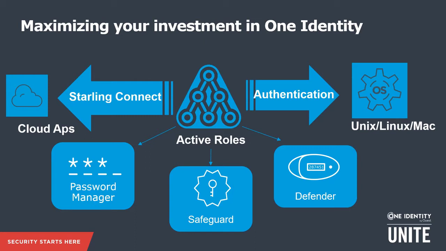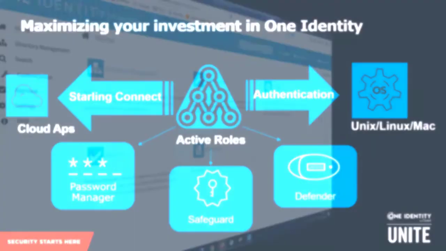From this demonstration, we're going to take you through the onboarding of the account in Active Roles. I'll be using a manual process. And then in the background, a lot of the automation and workflows will be kicked off, and then we'll take you through the end user perspective and the administration perspective to really look at how you can maximize the value from your One Identity investment. Now, you might be just starting off with Active Roles, you may be using Safeguard, but it will bring together how these solutions can work together to add additional value.